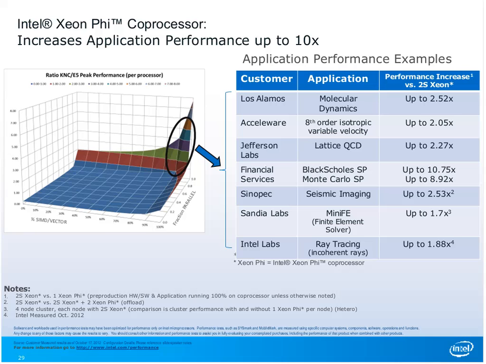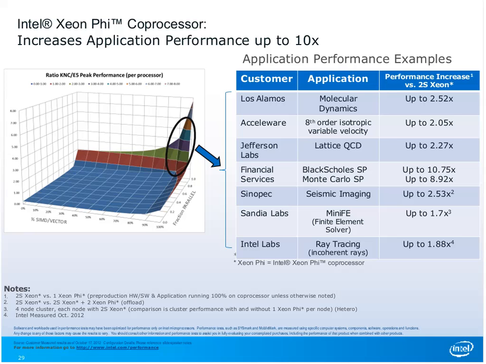Here's a list of the applications we're seeing that are well suited for this, right? Molecular dynamics, we're seeing a 2.5x increase. And this is what I would characterize as a very fair increase. It's basically taking optimized code on Xeon and comparing it to optimized code on Xeon Phi. We're not playing any tricks where we take single core, single thread, unoptimized code on Xeon and compare it to fully optimized code on Xeon Phi. Acceleraware: